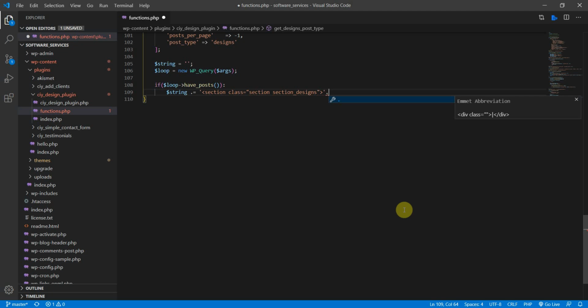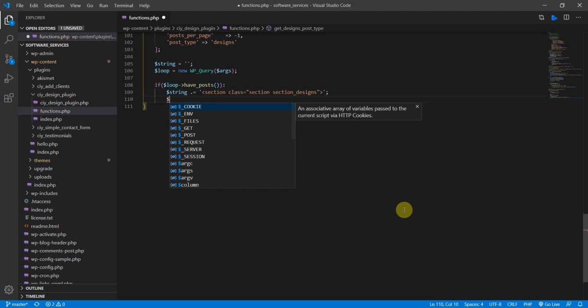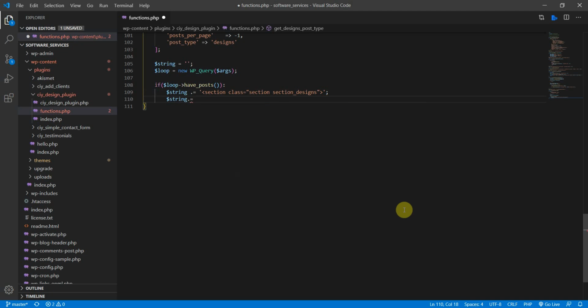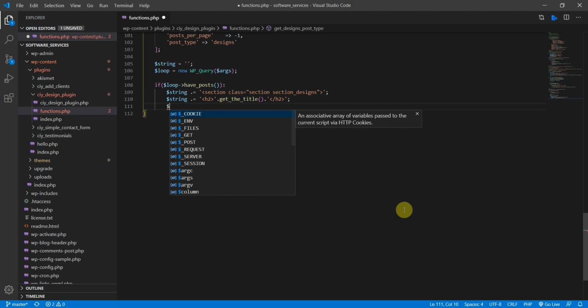Let's close that one, semicolon at the end, and then again string, and here we need an h2 tag, and we're going to write, we need a title, so get the title like so. Then let's go back here and close it off, h2 like so, and then we need to create a ul tag